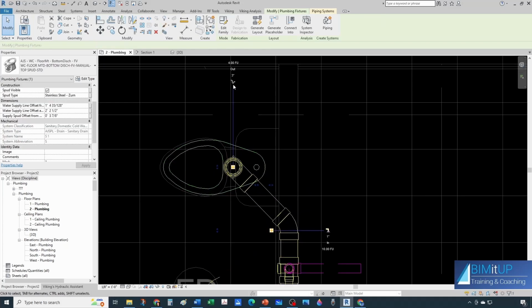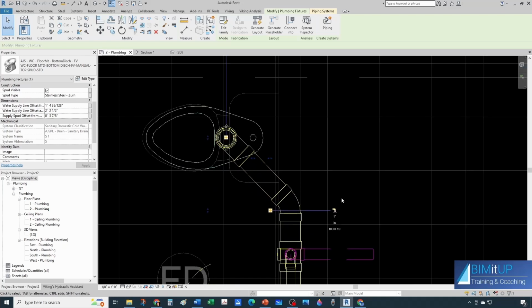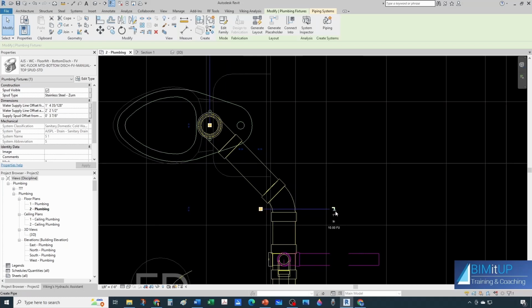One of them has a little P-trap, letting you know that that's the one for the sanitary drainage. That's the one that we connected to initially. And there's another connector here for 1 inch for domestic water. This is the symbol for domestic water. And you can see that it has already assigned by default 10 water fixture units, because this is a BIMitUp